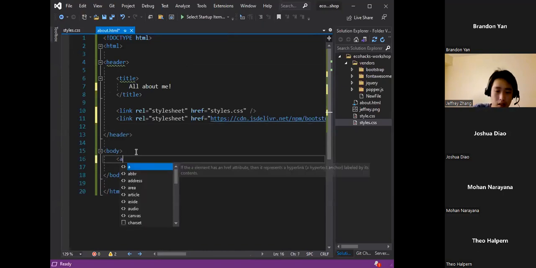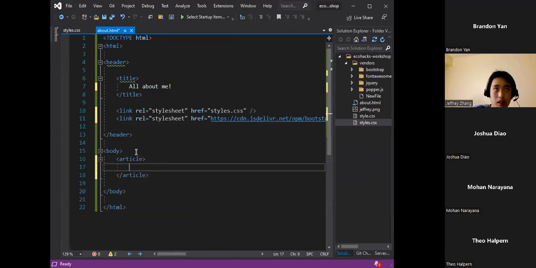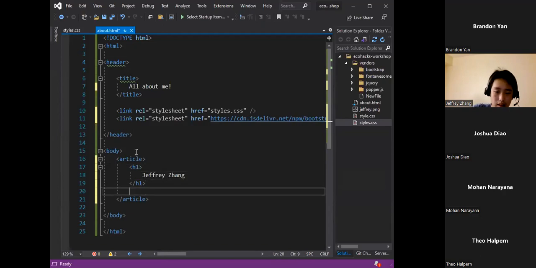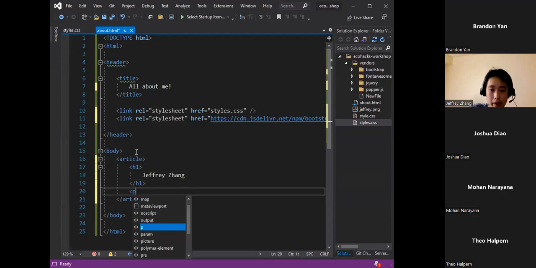And let's have a body, and let's have an article. And we have a header, which makes a text really large, and it serves as the heading for the website. There are 7 different headings available: H1, H2, H3, and so on. H1 is the largest, and H7 is the smallest. And here, I can just write my name, Jeffrey Zhang, and following it, I can have a paragraph,